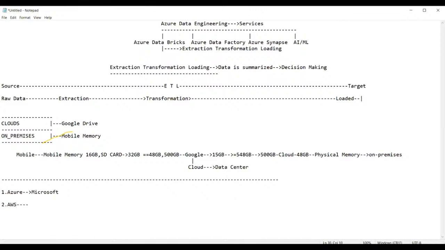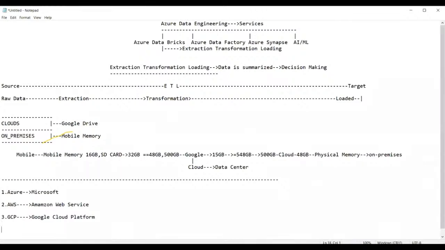AWS is from Amazon Web Service. And the third one is Google, GCP, which stands for Google Cloud Platform.